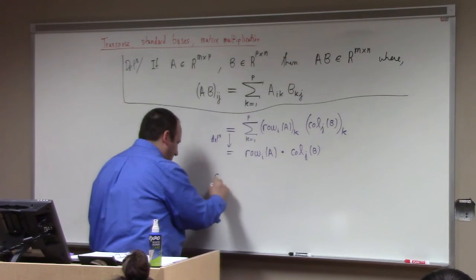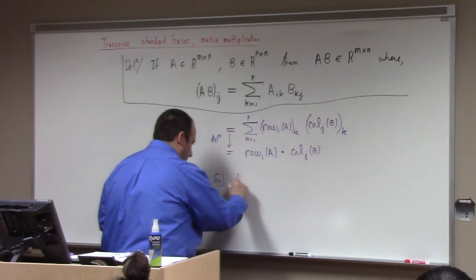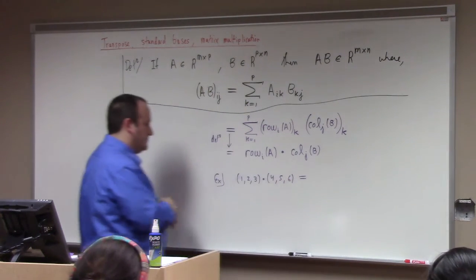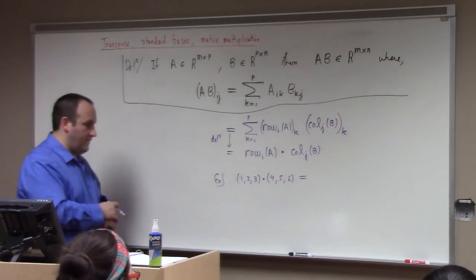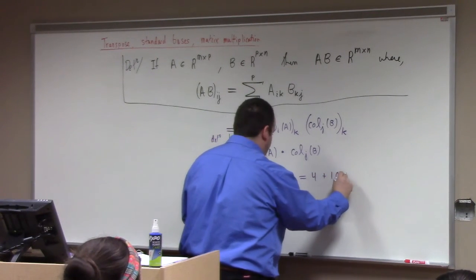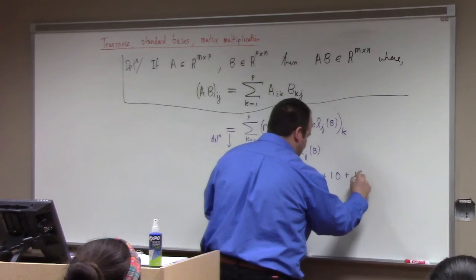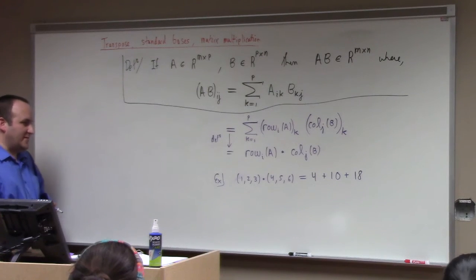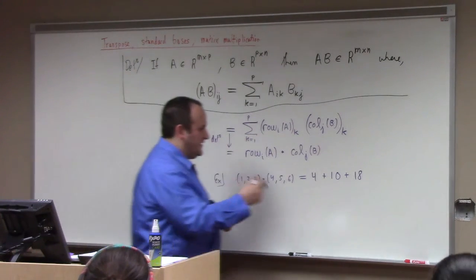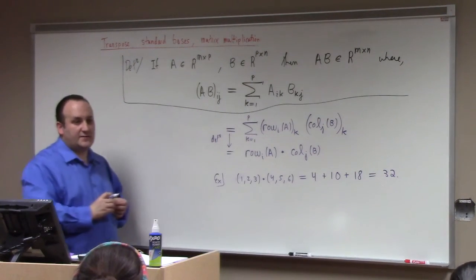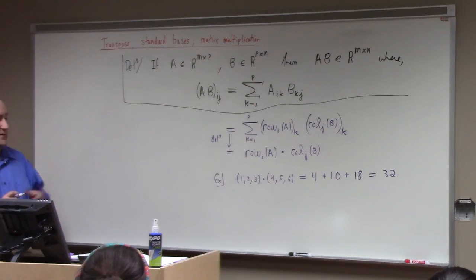Here's an example of a dot product. If I have 1, 2, 3 dotted with 4, 5, 6, what do I get? Some of you have had calculus 3, so you're like, really? For those of you who have not had calculus 3, you're like, what's happening? This is why I say calculus 3 is sometimes helpful, but not that much, really. I mean, geometrically, yeah, 4 plus 10 plus 18 is 32. So the dot product of two vectors is a number, okay? There are all kinds of fascinating geometry as to what that dot product really means. But anyway, that's a dot product.